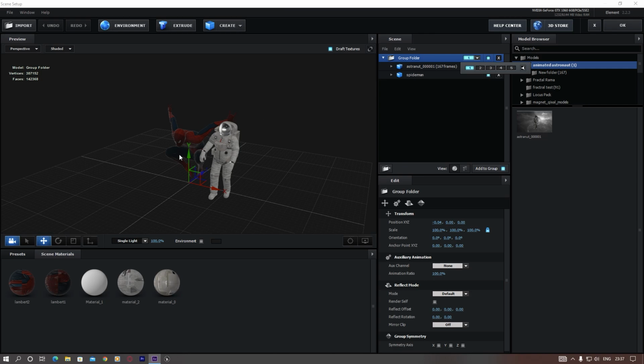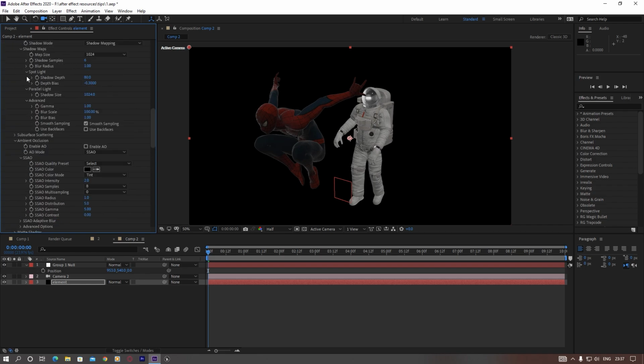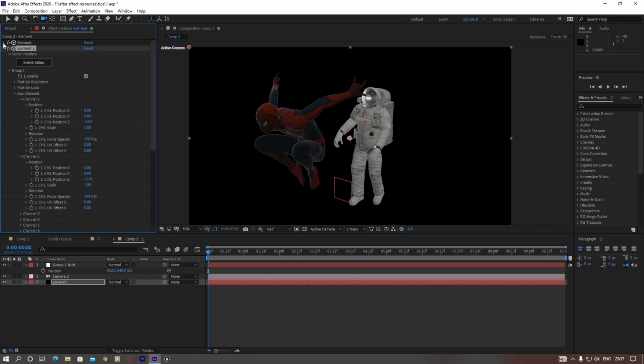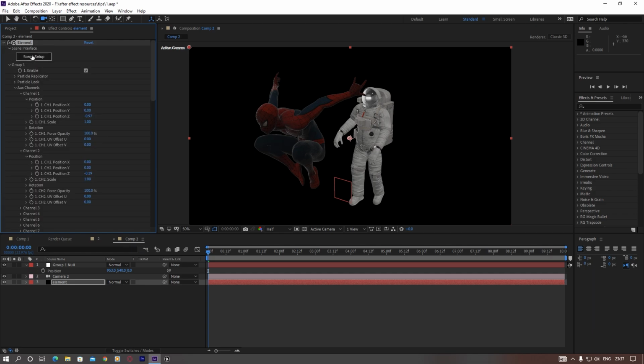If you have more than 50 models, then one thing you have to do is just hit OK, and then go to this element effect and press Ctrl D, or simply duplicate this. Okay, so in this way we can only see this second element layer, not the first element layer. So if we go to the first element layer, I mean the element effect, and go to the scene setup,